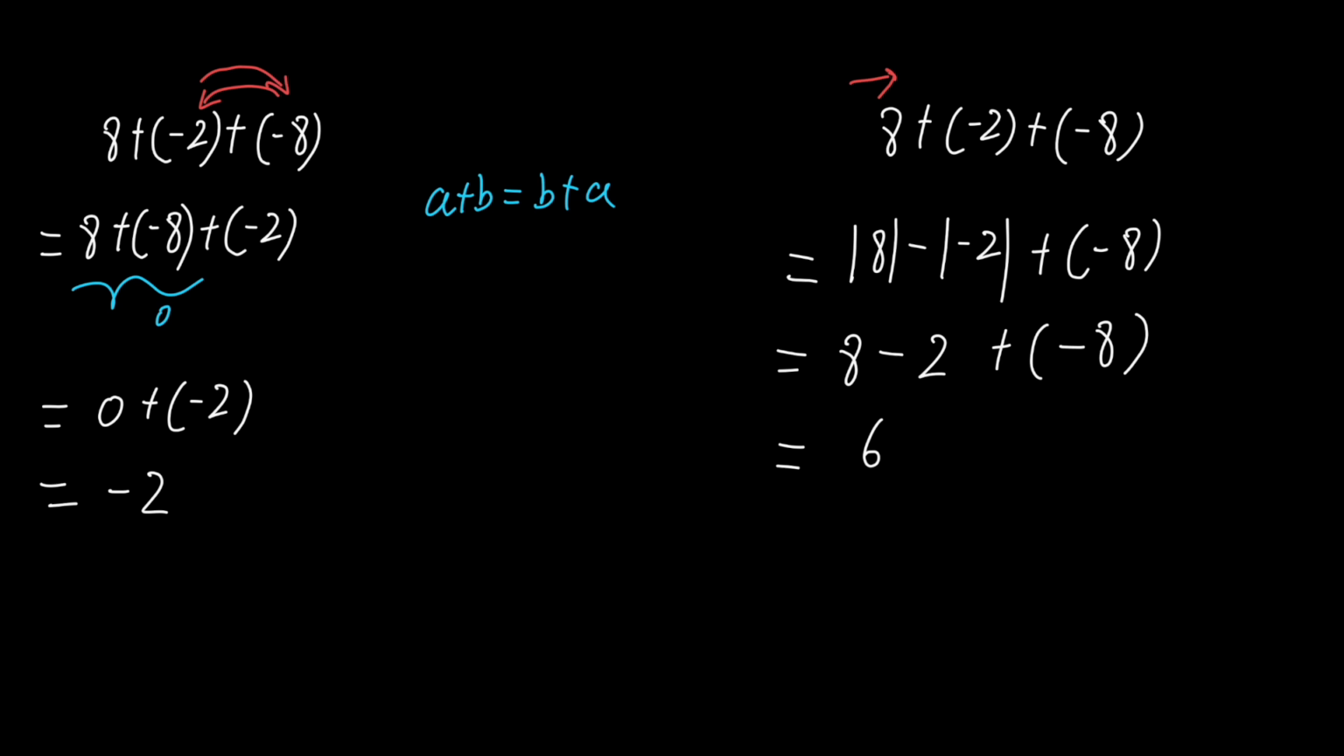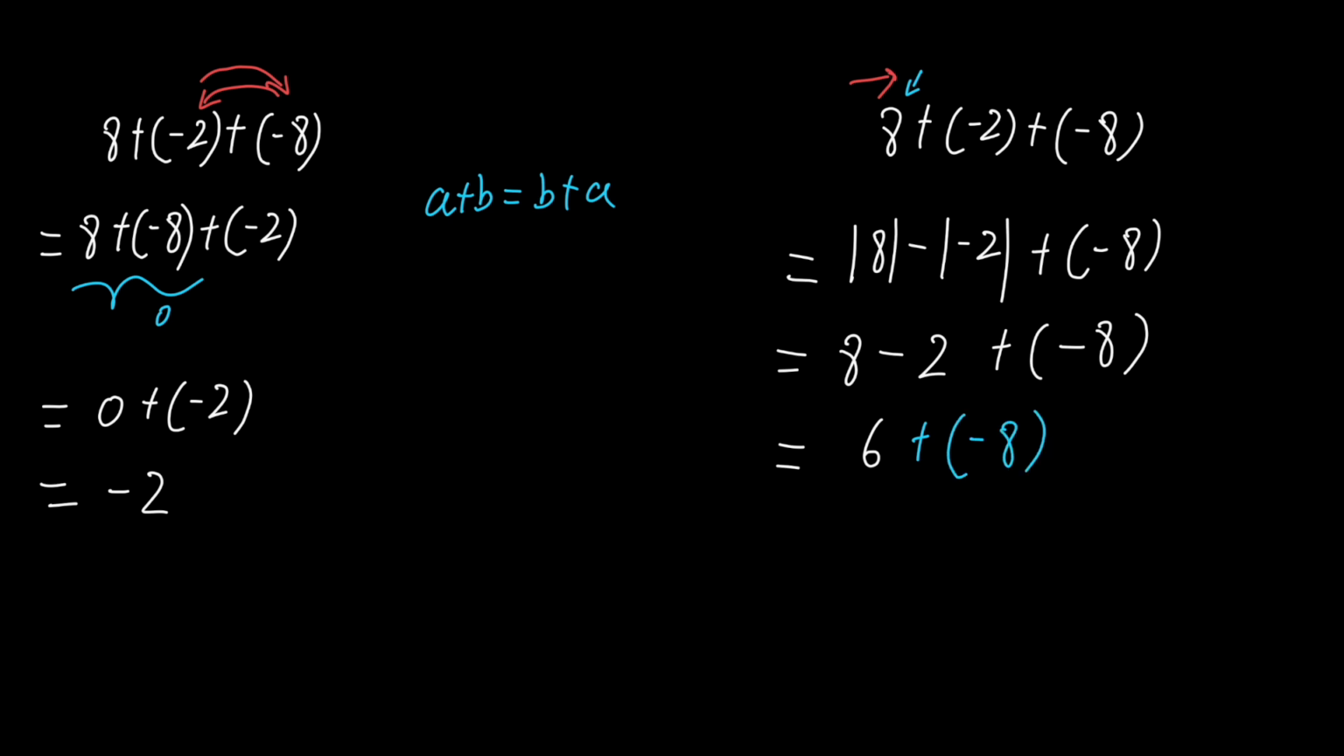Then don't forget the sign. We always have to consider the sign here. This is a larger number, so 8 is greater than 2. But 8 is a positive number, so we just keep this 6 positive. It's the same sign, right? Then we will copy down